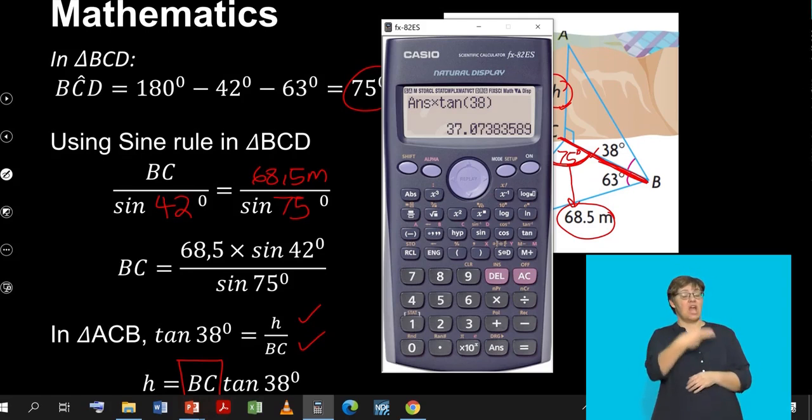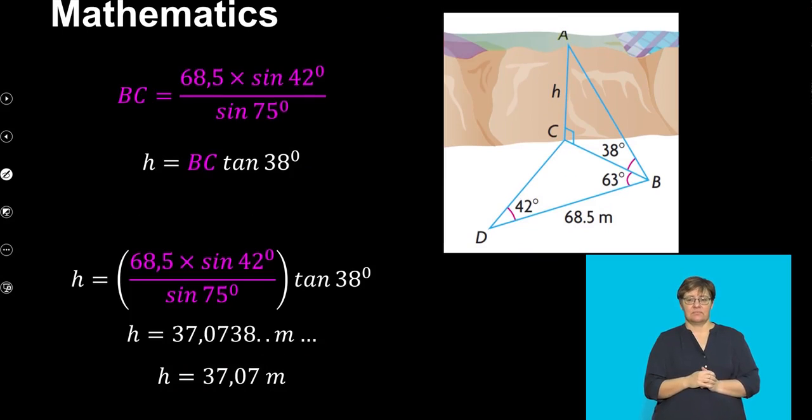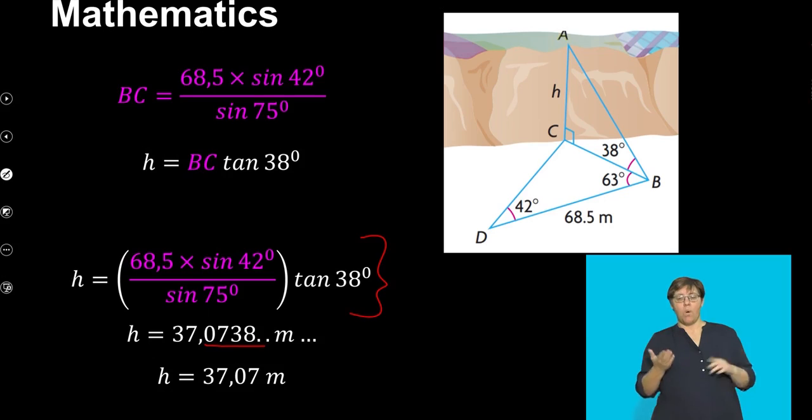So our value for h is approximately 37.0738. BC times tan of 38 is approximately equal to 37.0738. Remember, because we've substituted that value for BC into the calculator, you could either have done it in one step like this, or the way we did it earlier. Rounding off to 2 decimal places, it's